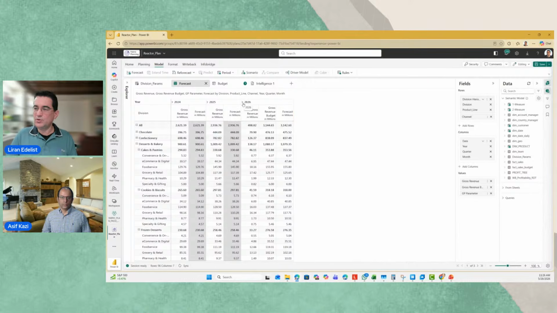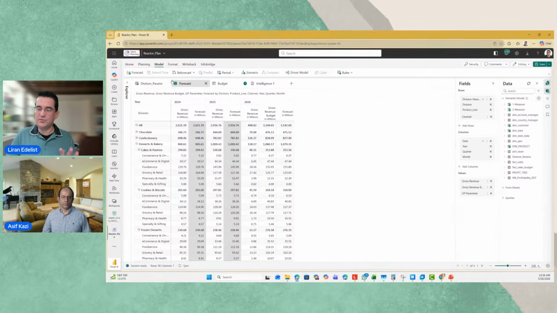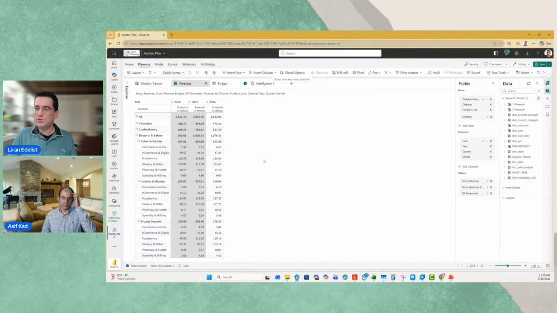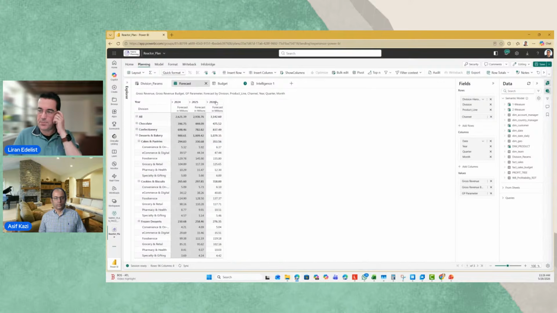Now that also means that I can do some other stuff here. Let's just make it easy for us. I know that people are sometimes using small screens and it's a presentation. So I'm going into my planning tab here, and I'm going to use my show column. Let's keep a focus only on my forecast. I will just remove the other measures for now. So now I have my forecast. You can see very clearly that the forecast is locked for historical values, and it's open for future values, and I can do the same data entry here.